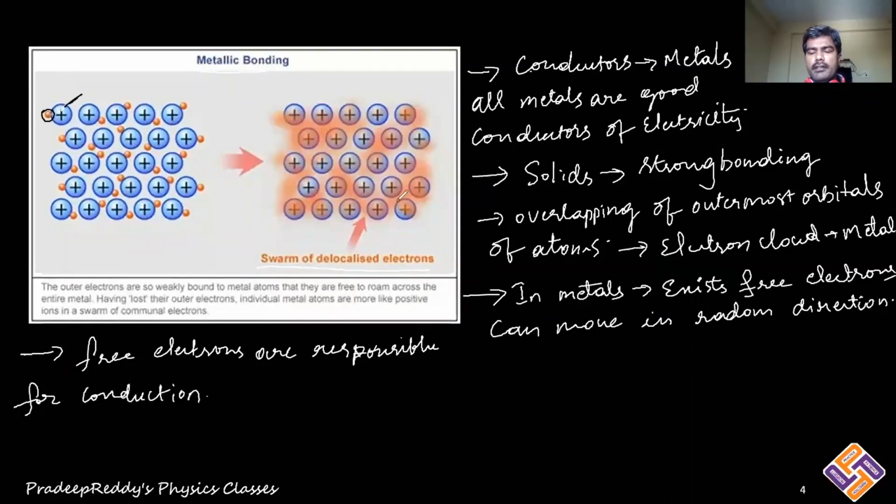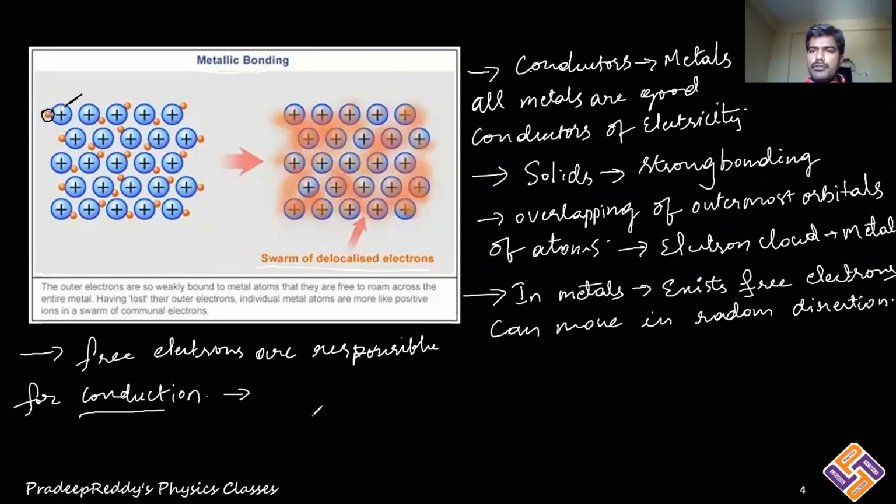If there are no free electrons, then electrons are not able to move freely. In such cases, they become valence electrons or bounded electrons. Bounded electrons are forced to move only in specific directions, and that too around that particular atom. So if there are no free electrons, electrons cannot move freely. As a result, conduction is not possible. So in metals, such free electron clouds are possible because of their metallic bonding, and these free electrons are responsible